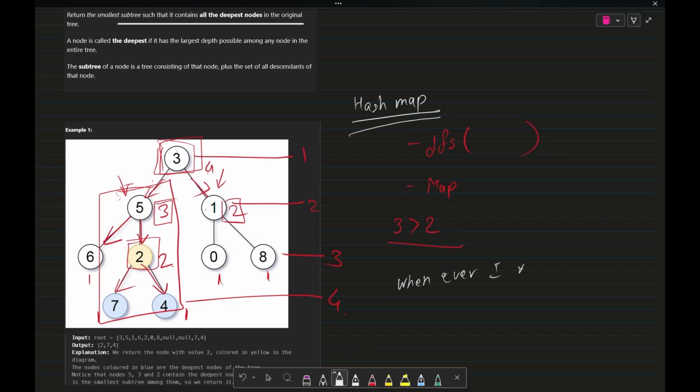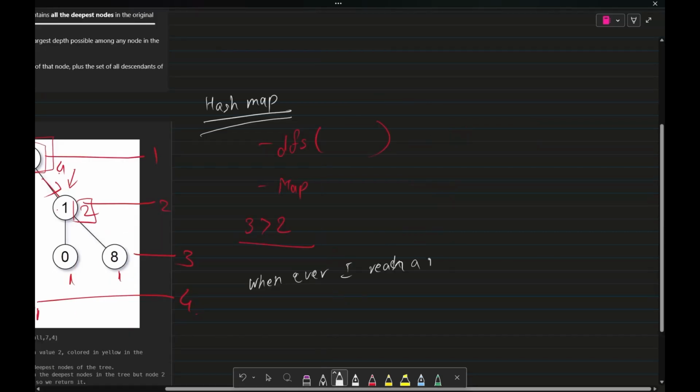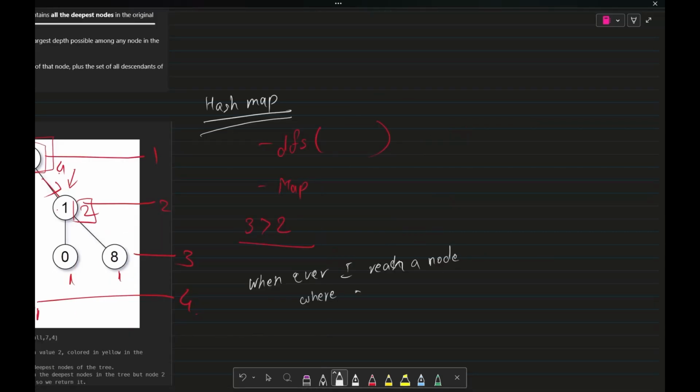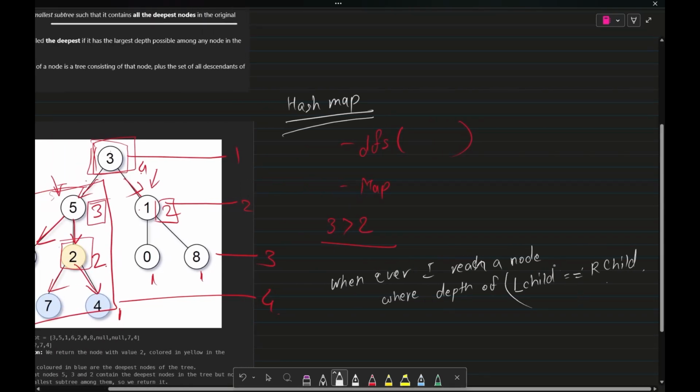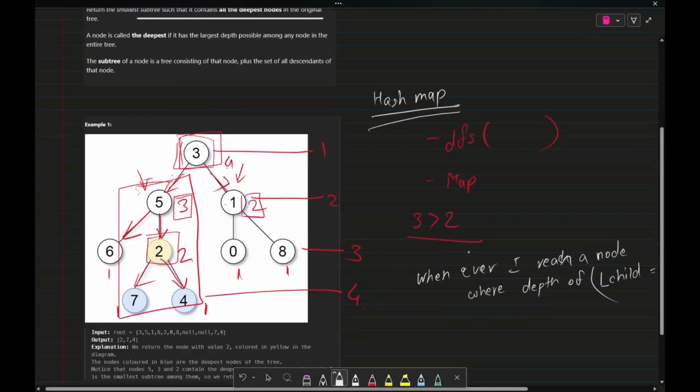Whenever I reach a node where the depth of the left child is equal to the right child, that will be my answer. That node I have to return. So that's the